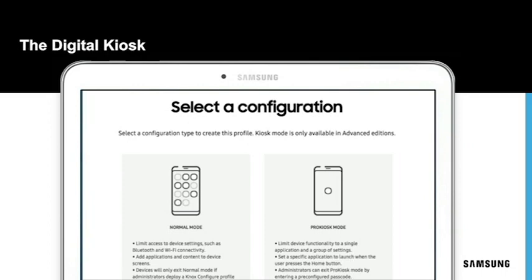Because without it, you end up having to figure out what it is that I do to really suppress Android and all of these wonderful Android behaviors and turn this thing into just one thing that only does one application and doesn't let the user ever break out, change the volume, turn this on, turn that off, even change the brightness. Pro Kiosk is built into Knox Configure. You don't have to go buy an application or have yet another thing that you're using to manage your devices. You can manage all of your kiosk devices, especially if they're network connected, using Knox Configure in that Pro Kiosk